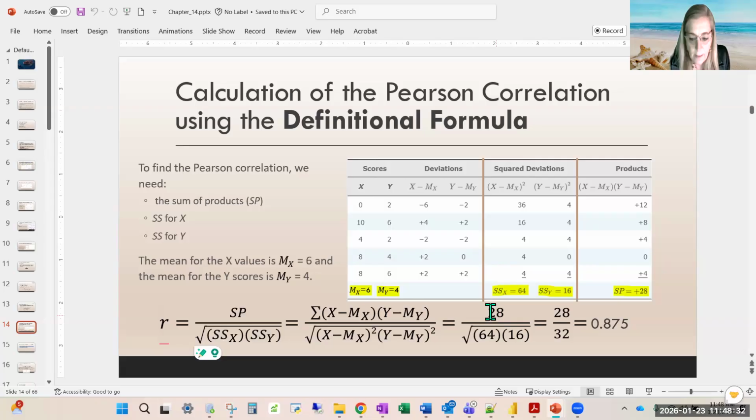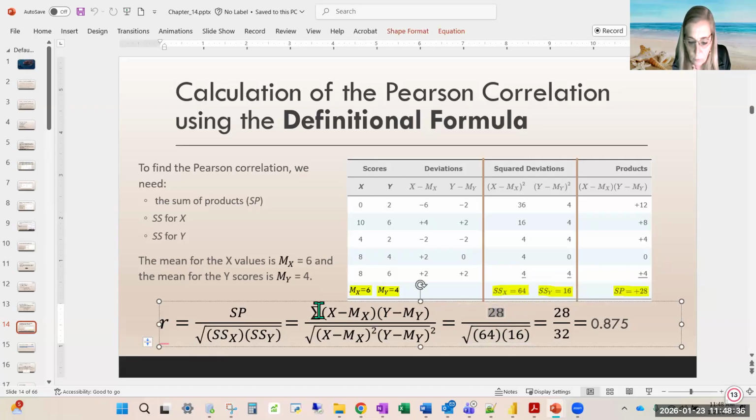So we find that SP amounts to, once you follow the steps, 28. And then you plug these squared deviation scores into the bottom portion here, 64 and 16, multiply, find the square root, and we end up with 28 over 32. And dividing that, we come to